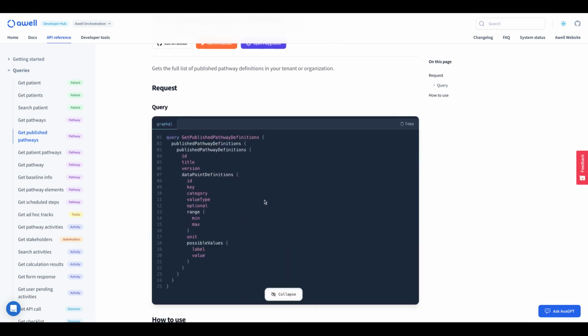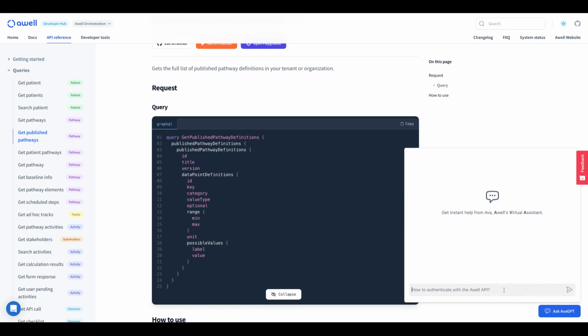Now, this is documented just in raw GraphQL, so it's just a raw query that is documented. But what AvaGPT can do for us is actually generate a code snippet in any programming language of our choice, which is very useful just to get started quickly with Awell. So let's go ahead and ask Ava to generate a code snippet that does this, but in any programming language of our liking. So let's say,